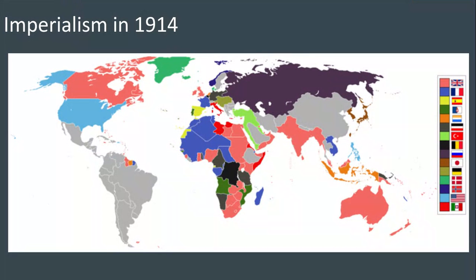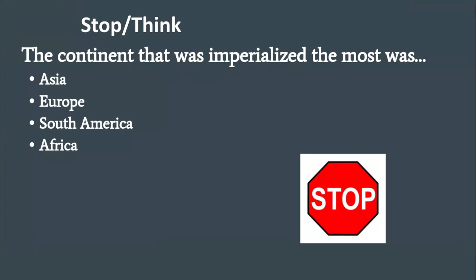So this is up to the year 1914. This is when World War One is going to break out, because imperialism is actually a reason why World War One is going to break out, because people are super jealous of how much land and how many other lands that others controlled. So this is why imperialism had a hand in starting World War One. So the continent that was most imperialized during this time was